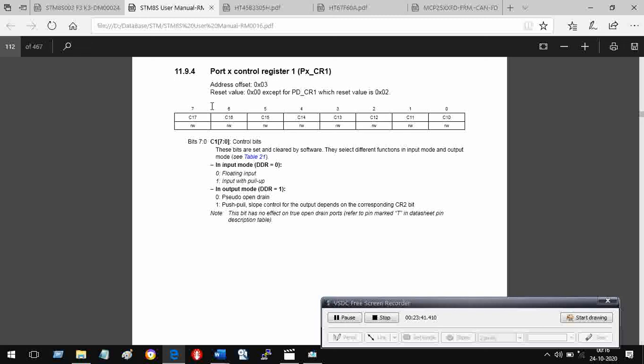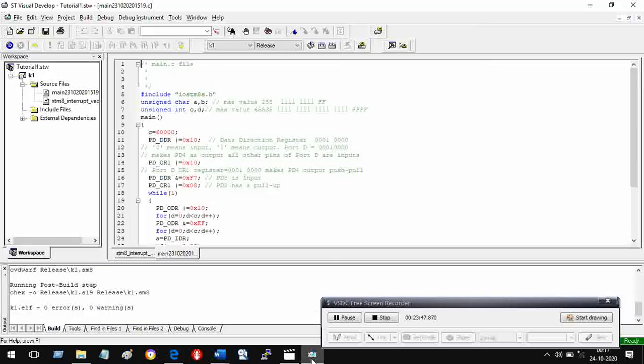Good. So 0001 0000 means 10 in hexadecimal. Let us see whether it is so. So PD underscore CR1 OR equal to 0x10. Fine. So we have understood that it is an output port. This particular pin is an output and it has a push-pull nature of output.